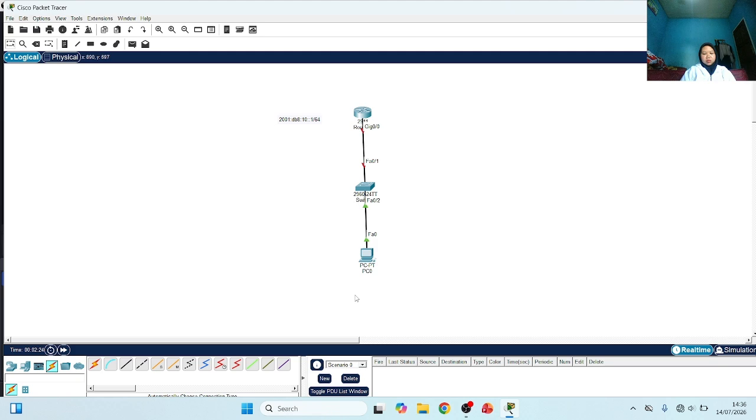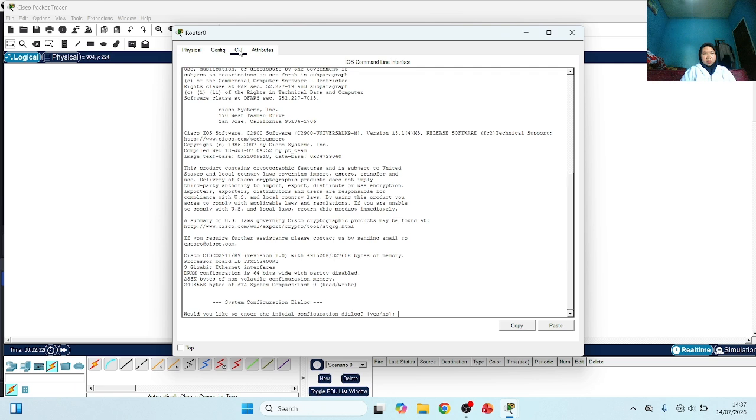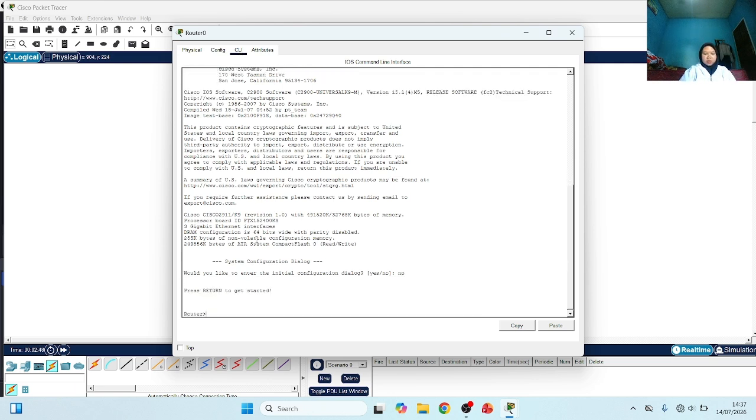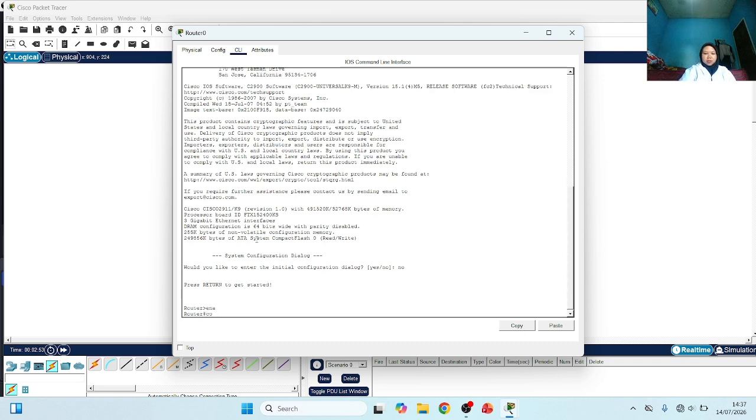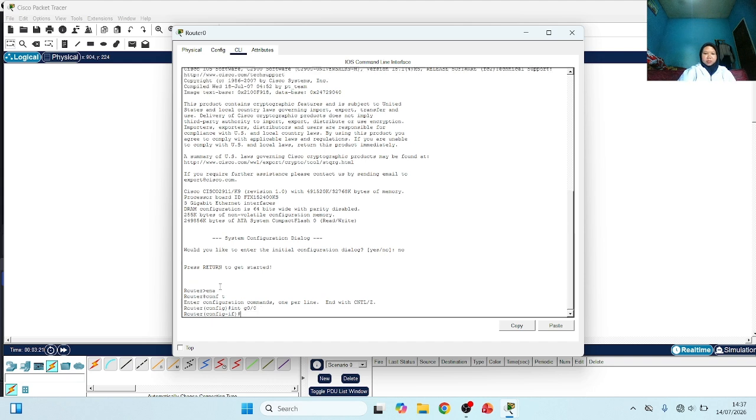First, go to the router. Then enter the commands enable and configure terminal. After that, enter the GigabitEthernet 0/0 interface. Next, enable the interface by typing the no shutdown command.